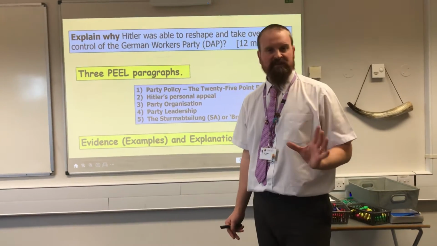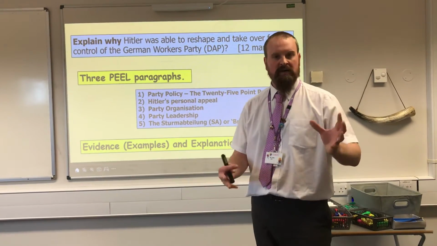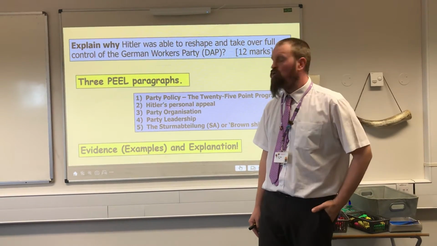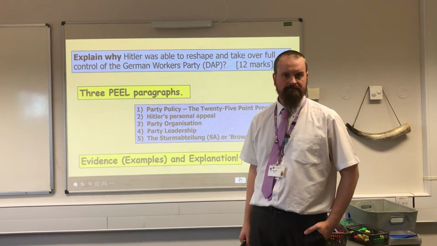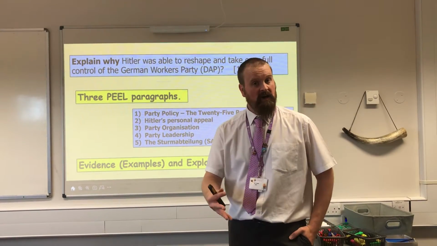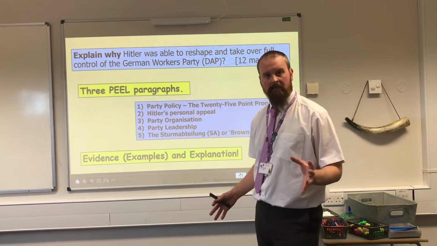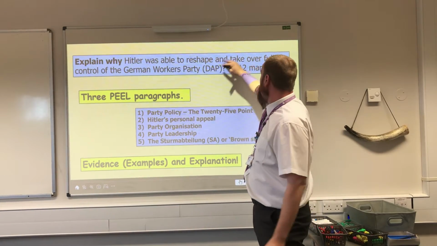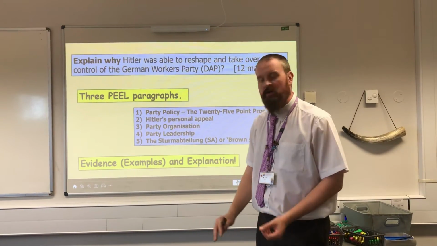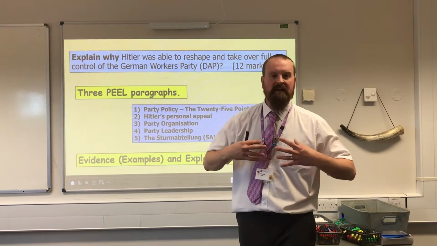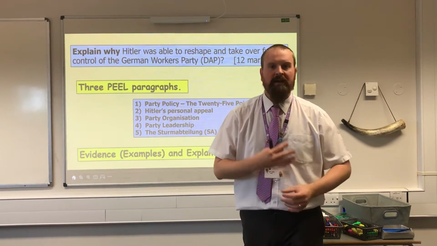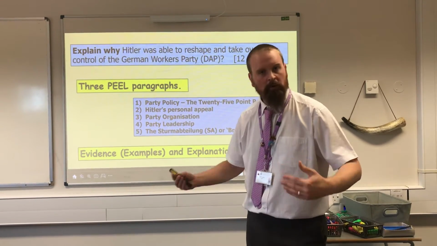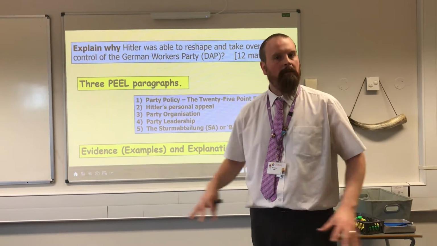Now, one thing I want to really emphasise here, guys, it's not just good enough to give examples. Take this last one here. If you said Hitler sets up a group called the Brown Shirts that would parade in the streets, that's evidence. That's a good start, but to get higher marks, you need to make sure you're explaining why that gives Hitler more control or full control. You would have to go a step further and say they gave Hitler and the Nazi Party a sense of power in a dangerous time. They made him look ordered. He would use them to support him and heckle or disrupt other political meetings.